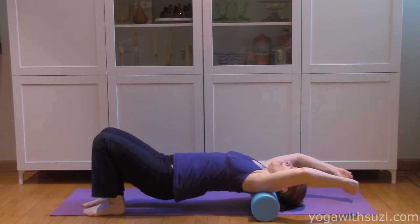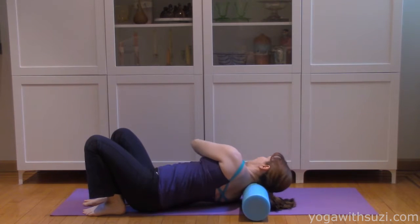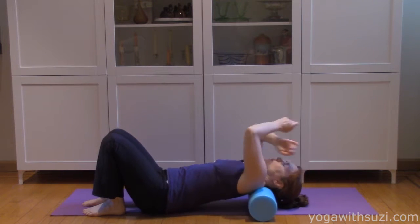You can take your arms over and do this. It feels really nice to do that. I can turn my head side to side to get into my neck a little bit. And then I'm going to go back